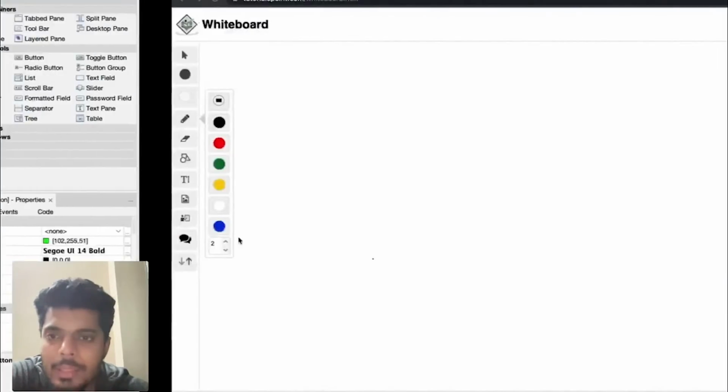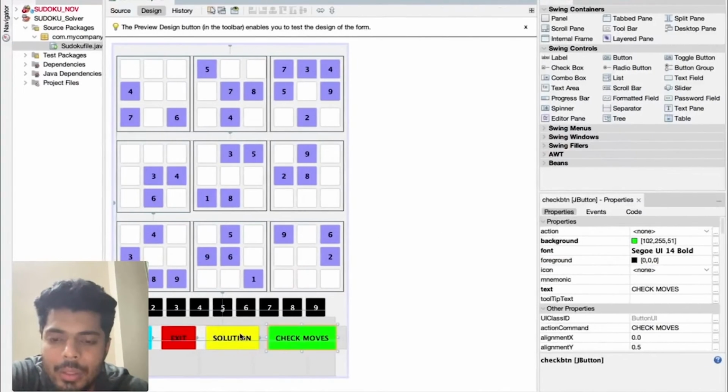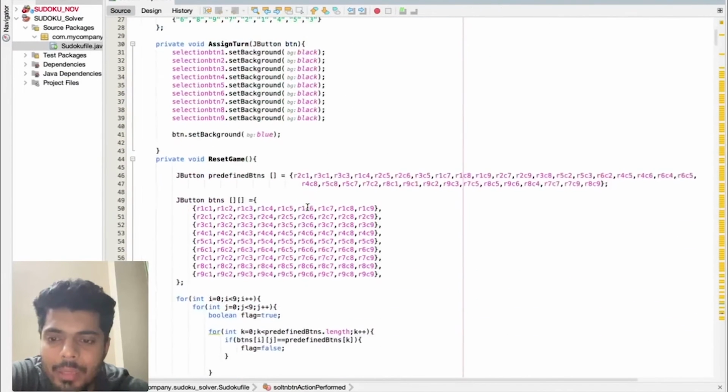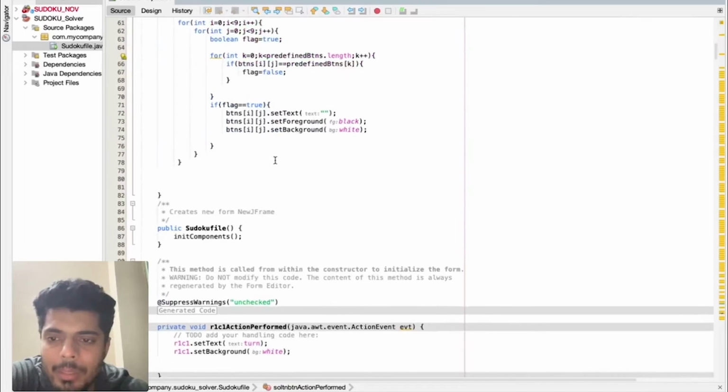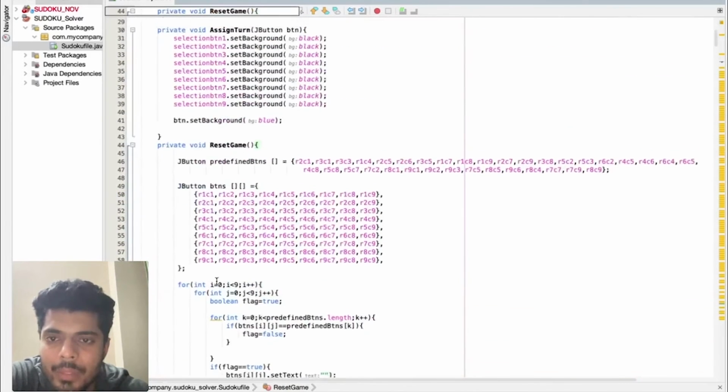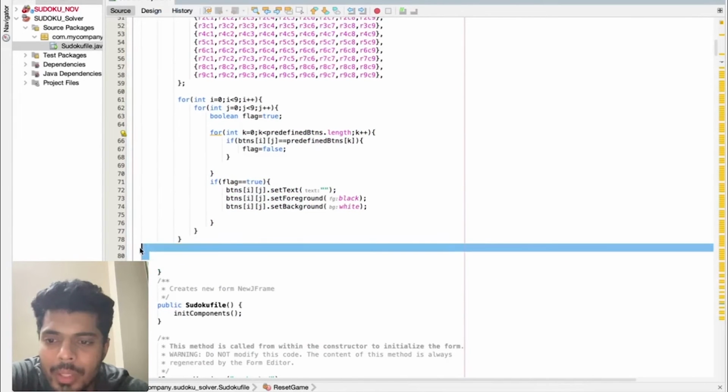So let's start. First, I guess we can start with the solution button, and for the solution button, we're going to call a function. Let's create a function here after the reset button. We have a lot of extra lines.